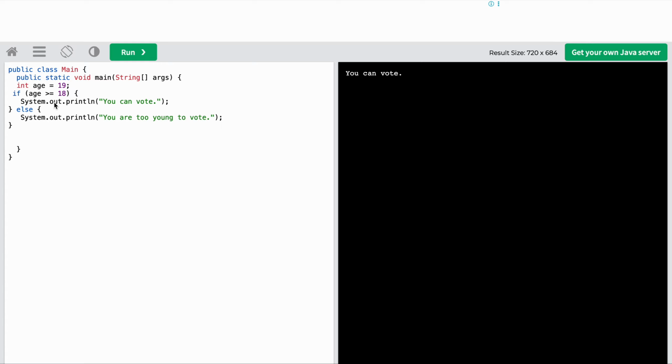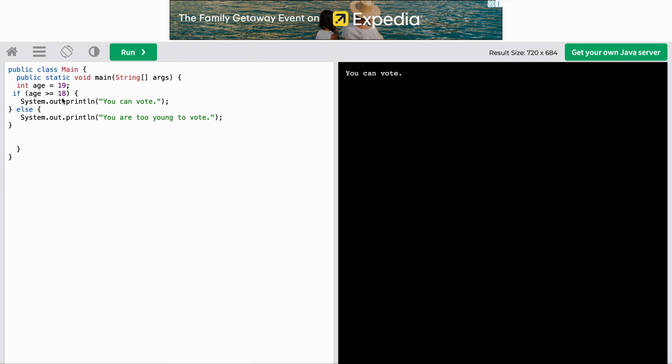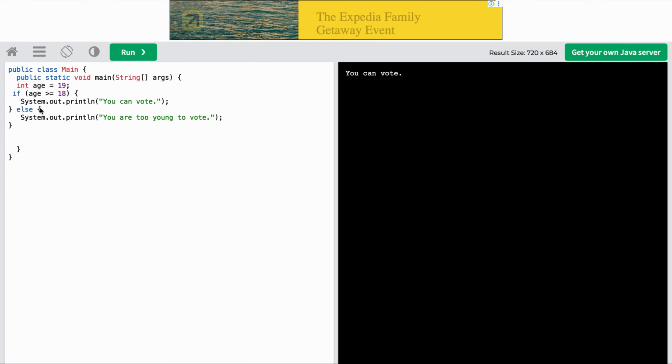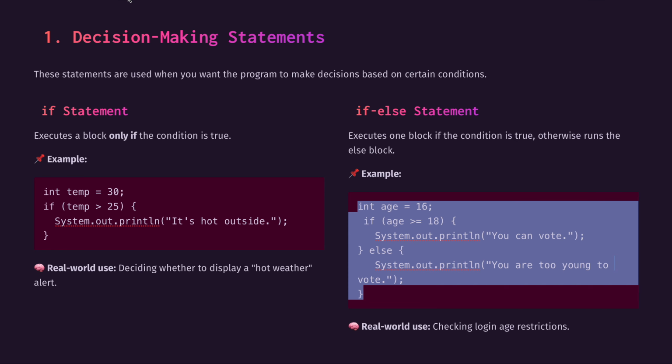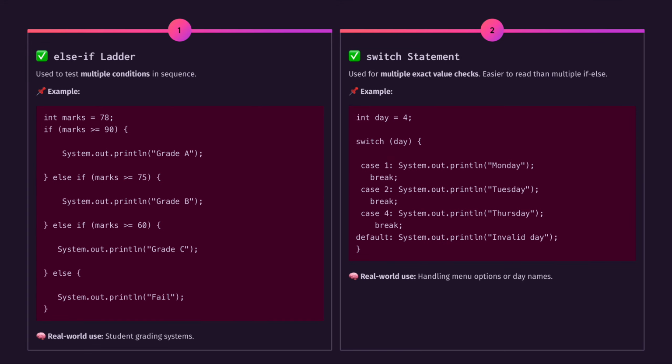This is the best case when you have two conditions, either this or that. So if the temperature is greater, you can say it is hot, else it is cold, like that. So this is the if condition statement and the if else condition statement. Next we'll see